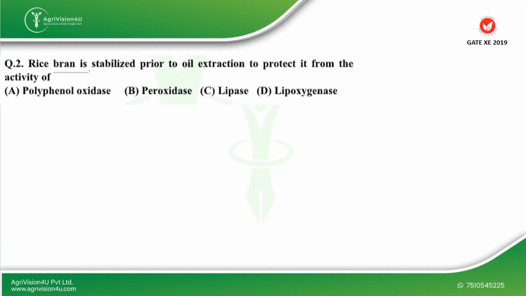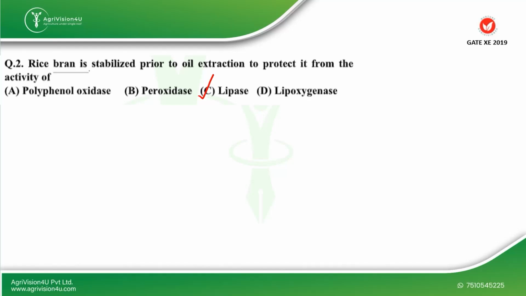Question number 2. Rice bran is stabilized prior to oil extraction to protect it from the activity of. So options are polyphenol oxidase, peroxidase, lipase or lipoxygenase. So over here my correct option will be option C, that is lipase. Lipase is indeed the enzyme that needs to be inhibited to stabilize this rice bran prior to its oil